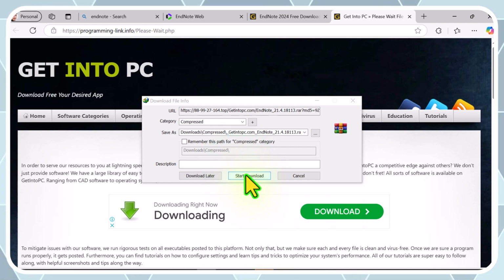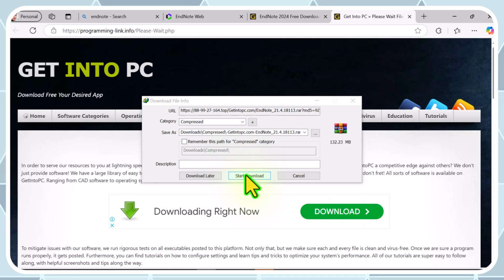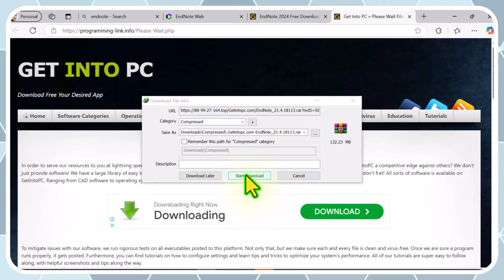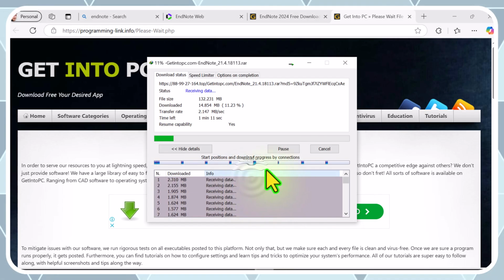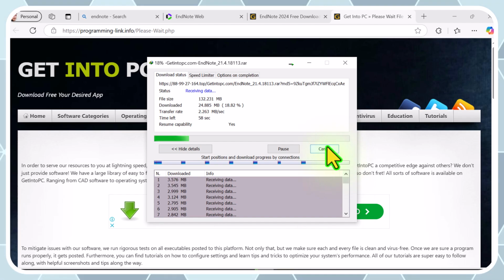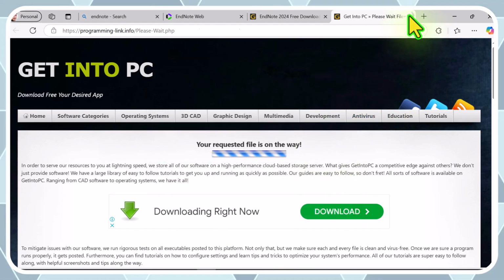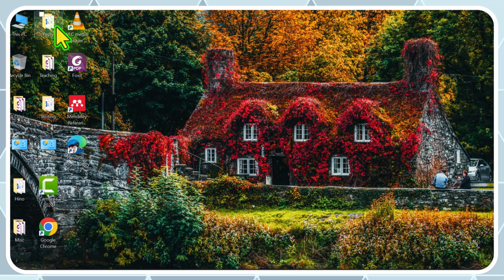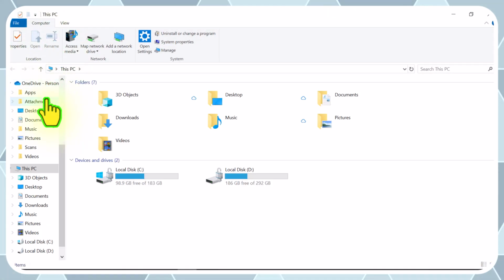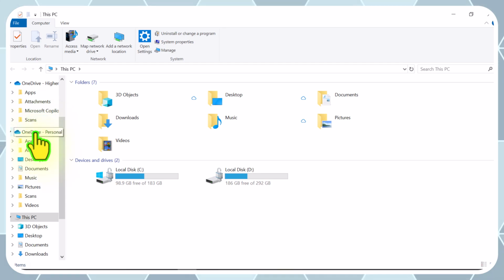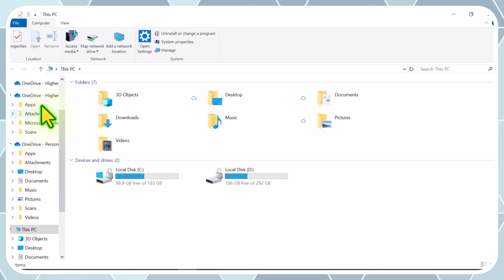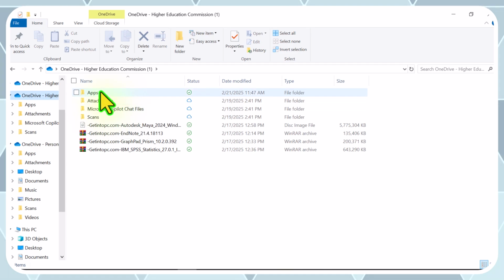So I already have it on my personal computer, on my desktop, but of course you will be downloading it for the first time. So once you click on the start download button, it will start downloading by itself. So I'm canceling the download as I have it already installed on my personal computer. So from here go to the download directory where you have it in your computer, and then